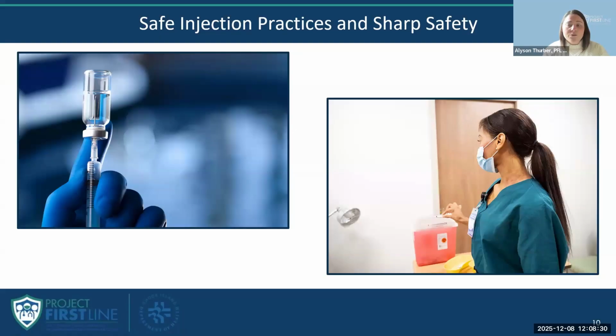So next we have safe injection practices and sharp safety. This is also a part of standard precaution. Studies have shown that as many as 1/3 of all sharps injuries in the hospital setting occur during sharps disposal. Nurses are particularly high at risk as they sustain the greatest number of needle stick injuries. The Center for Disease Control and Prevention, CDC, estimates that 62 to 88% of sharps injuries can be prevented simply by using safer medical devices.